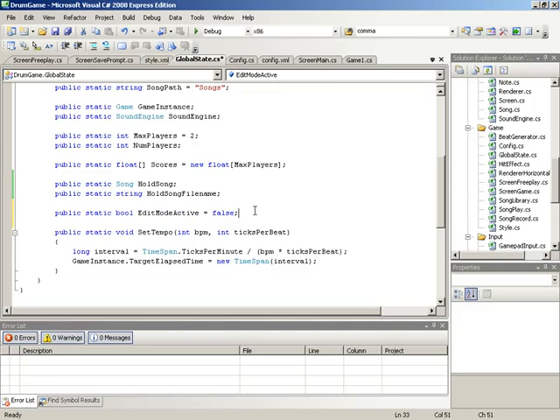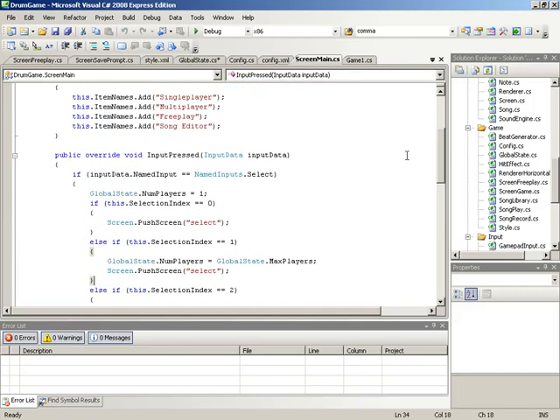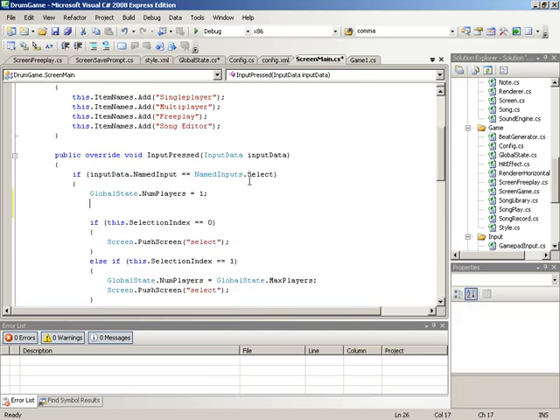Alright, moving on, let's now take a look at our main menu screen. So let's jump here. We currently have screen main open, so let's jump over to it. Here inside of our input pressed method, we're making our decision based on whether or not we have a specific item selected. Now what we'll do is we'll make sure that the moment any item is selected, regardless of what item it is, we'll clear edit mode. So that way if we were to hit single player, multiplayer, or any other mode, we'll make sure that we default to having edit mode set to